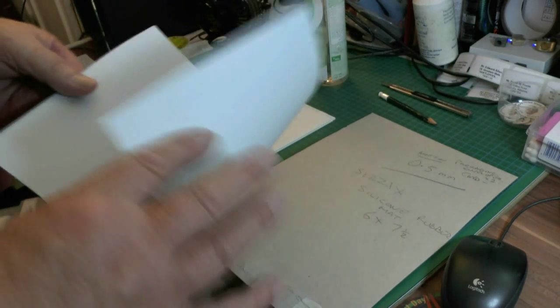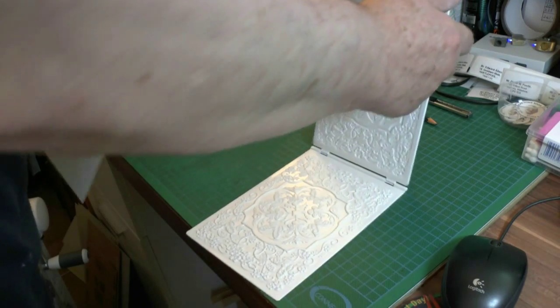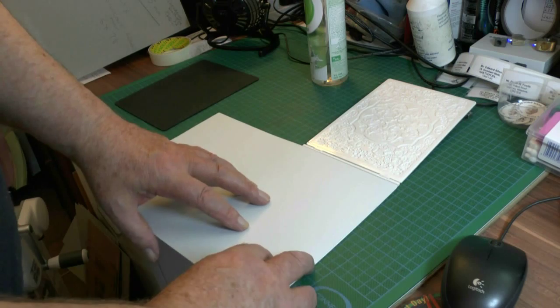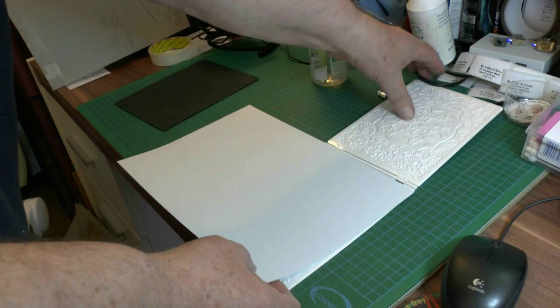Okay. Well, I stopped there, and I've got a piece of cardstock, which is blue. It's not white or anything. It's just something I've got handy. What you need to do with it is cut it to the same dimension as the Spellbinders box itself, otherwise it leaves creases. So what I do, I just place it inside, because it's a little envelope, and then